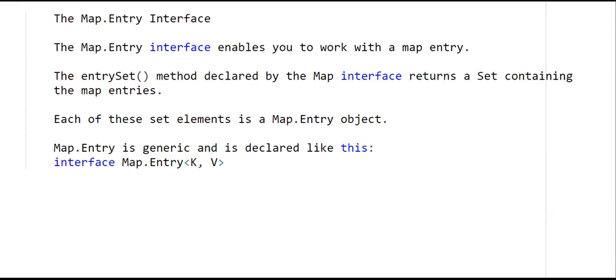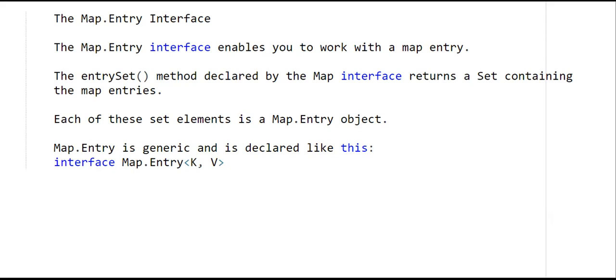Each element of this set will be a Map.Entry object. Map.Entry is a generic interface and is declared as interface Map.Entry<K, V>, where K is the type of the key and V is the value type.